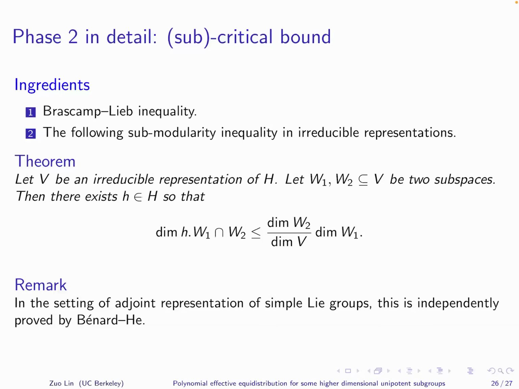Suppose you have an irreducible representation of H and you have two subspaces. It is irreducible, so it tends to put these things apart. And this inequality says that you can put W1 and W2 apart by this amount. So the intersection of HW1 with W2 has dimension at most the dimension of W1 times W2 over the dimension of the whole ambient space. And I should also mention that in the setting of the adjoint representation of a simple Lie group,